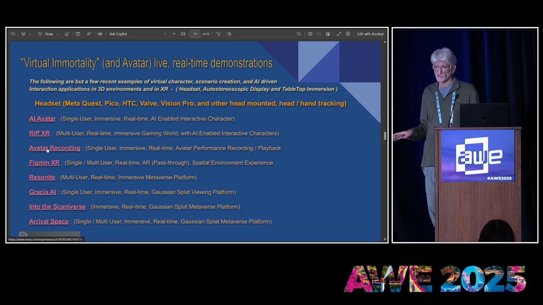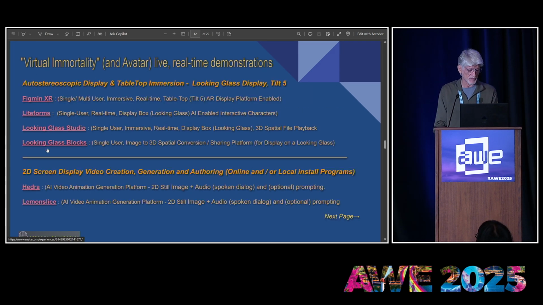It's my favorite authoring system by far for any kind of scene development or planning, including virtual personas, for showing people 3D scans of themselves and being able to walk around them in a full AR environment. And then the Tilt glass, the Looking Glass display and the Tilt 5, these are some of the manifestations of tools that are available on that platform.